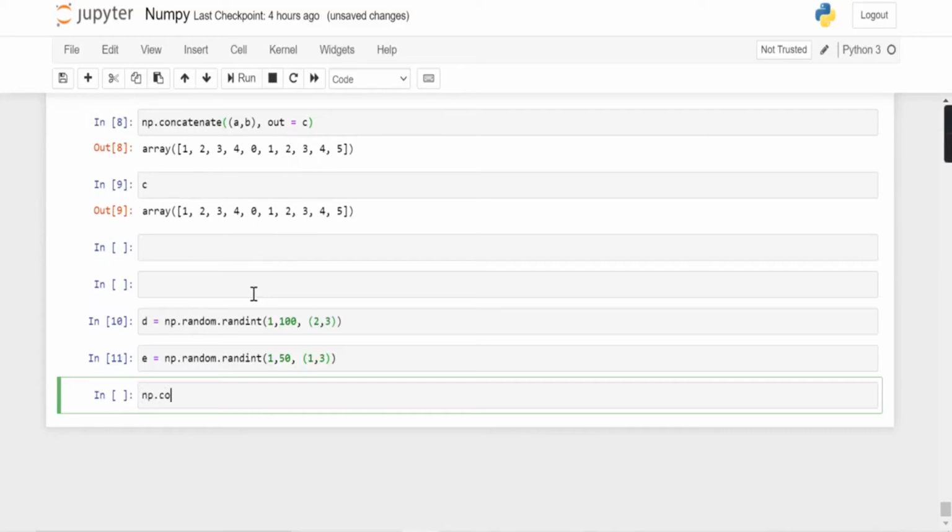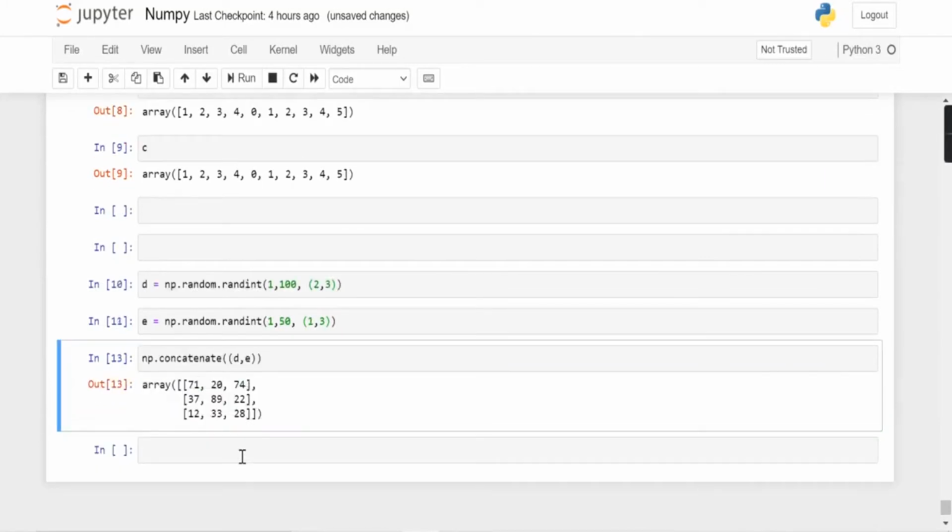Now np.concatenate, and here I am going to concatenate the arrays D and E. I got the output. So now let's try to concatenate both these arrays on axis 1.